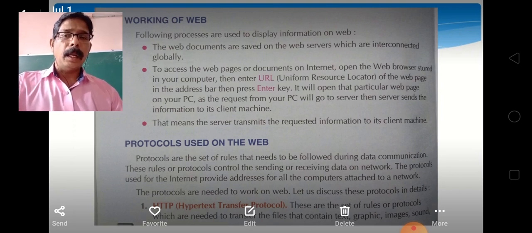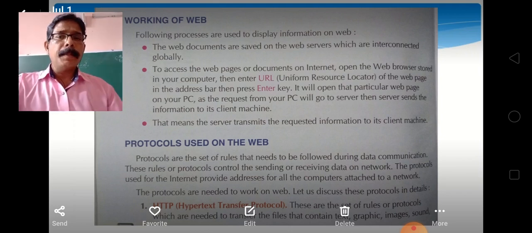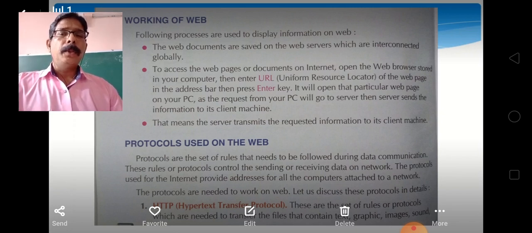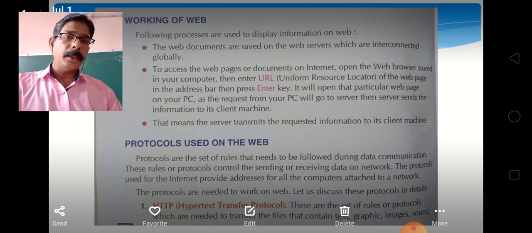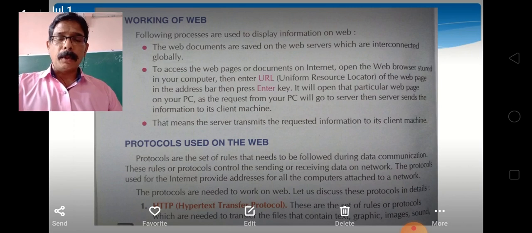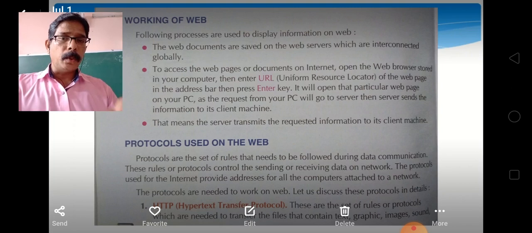SMTP is a push protocol and is used to send the email. Using this protocol, a user can transfer an email to another client on the same network.